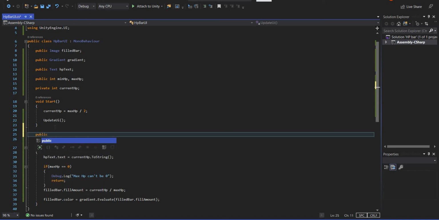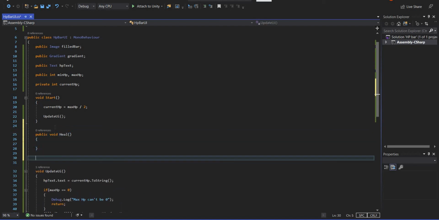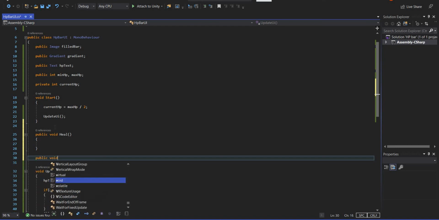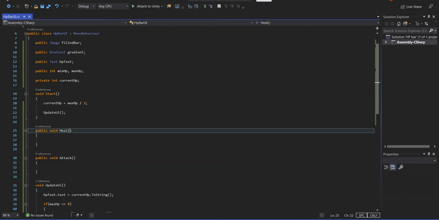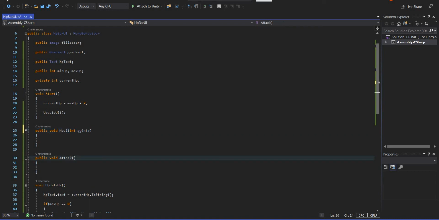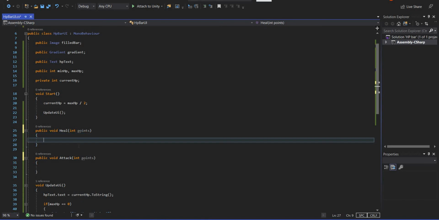So public void heal. This function, we will call when the heal button is pressed. Public void attack. This function is when we will press the attack button. Now, in points, how many points do you want to heal? In points, how many points do you want to remove? Okay,